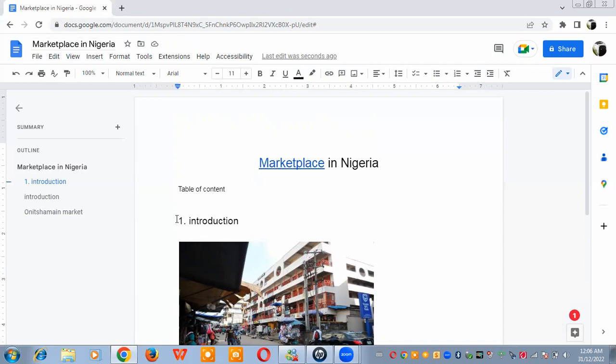So this table of contents we are talking about, when you go to file,